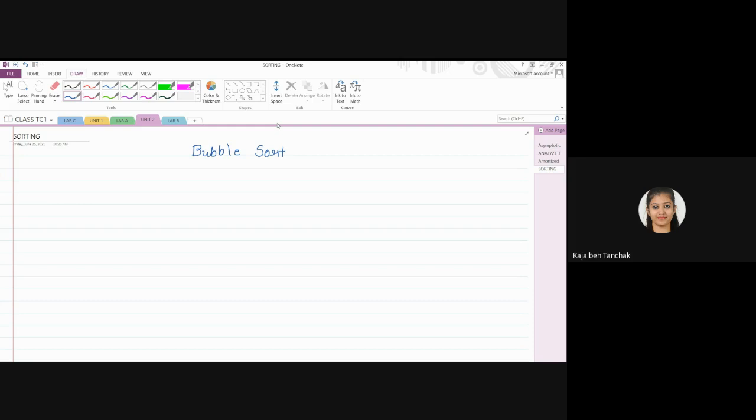So here in bubble sort, what we are going to do is sort an unsorted array, or simply arrange data in a sorted manner. Generally, when we are thinking about sorting elements, it will be from the lowest value to the highest value. This is how we are arranging the data, and this is called ascending order.